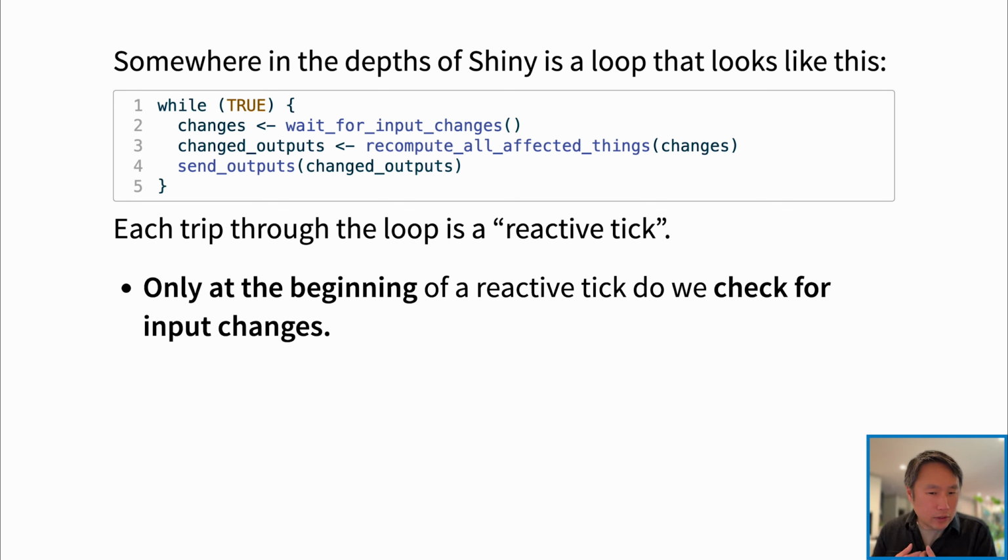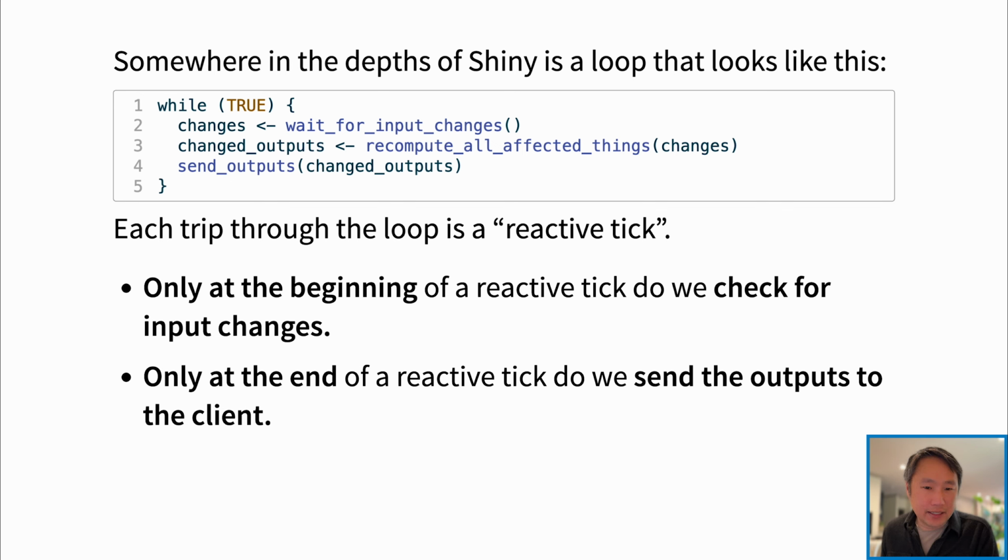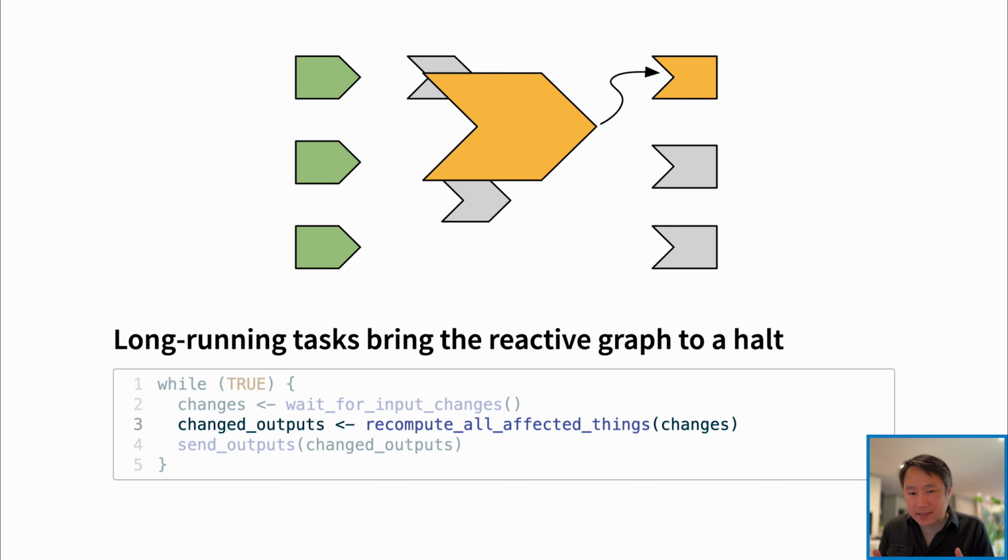One trip through this while loop is called a reactive tick. And notice that only at the beginning of this tick do we check for input changes, and only at the end do we send outputs to the client. So in between, we cannot respond to the client or the browser in any way. That means that our long-running tasks, like in this case, I've drawn one of the reactive expressions really large to indicate it's going to take a really long time.